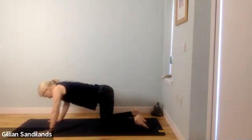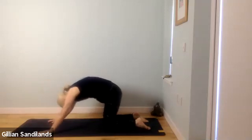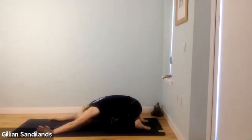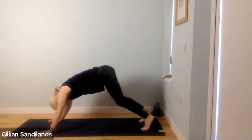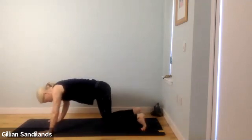So we'll do that again. So inhale, drop the belly, lift through your chest. Exhale, pull the belly in, so round your back as you move back. Inhale, move forward, so to tabletop. On the exhale, tuck the toes and lift your hips. Like that. Okay, from there, we'll lift the heels up, just lower your knees and just make your way back